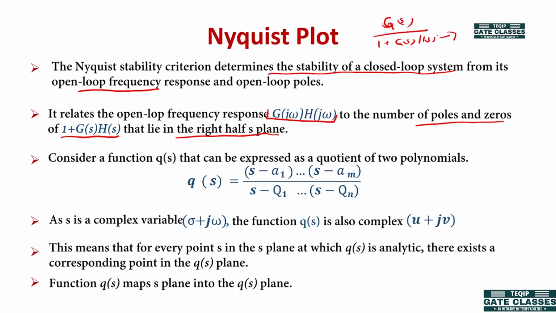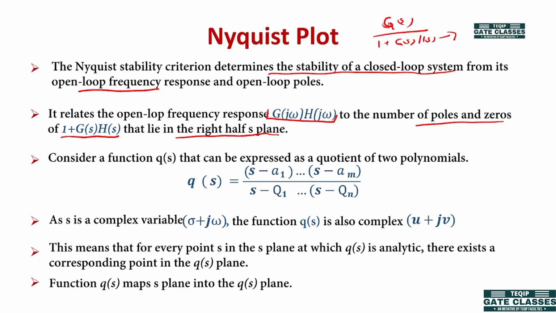the characteristic equation. And if you remember the Routh-Hurwitz criterion, in that also we consider the characteristic equation only, and we check how many roots of this characteristic equation lie in the right half of the s plane, so that we can determine if the system is stable or not. However, the difference between the Routh-Hurwitz criterion and Nyquist plot is that in Nyquist plot we are considering the graphical representation. So this will give more information as compared to the simple Routh-Hurwitz criterion that gives only yes or no, whether our system is stable or not. But using the Nyquist graph or Nyquist plot, we will get some more information.